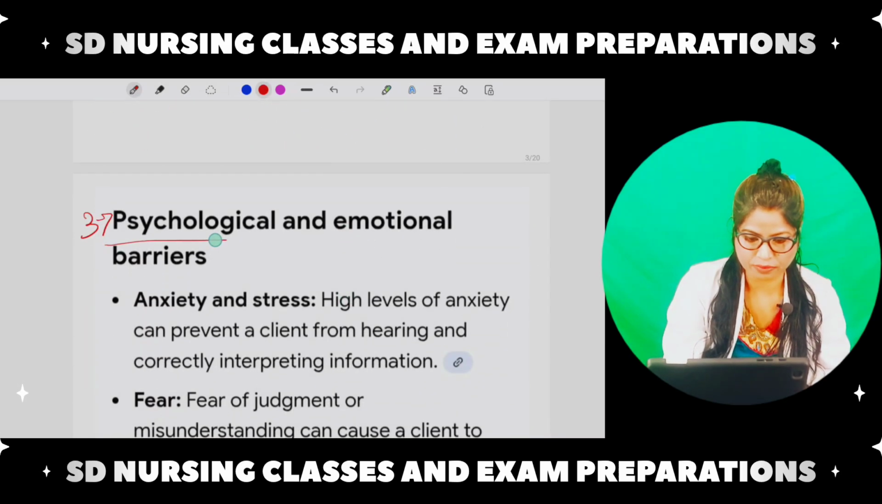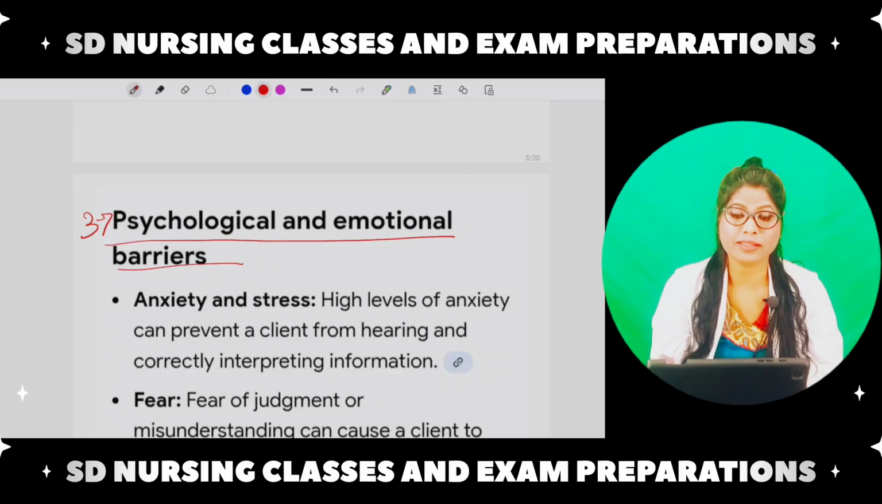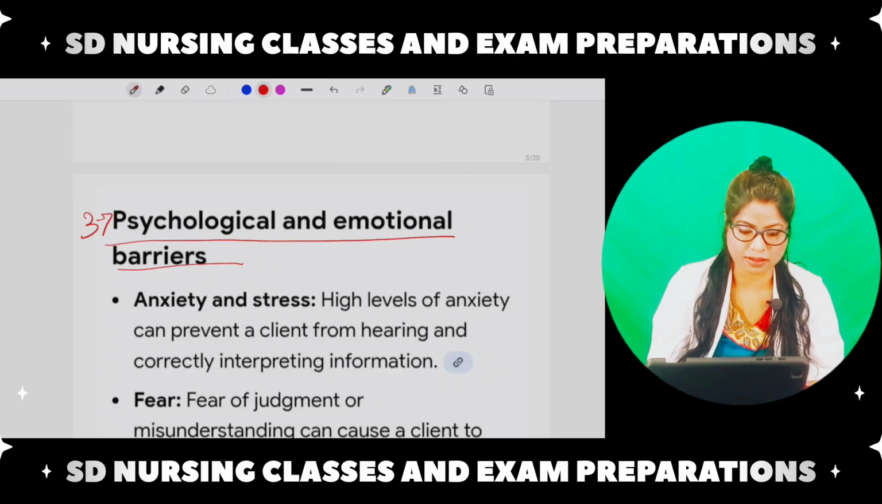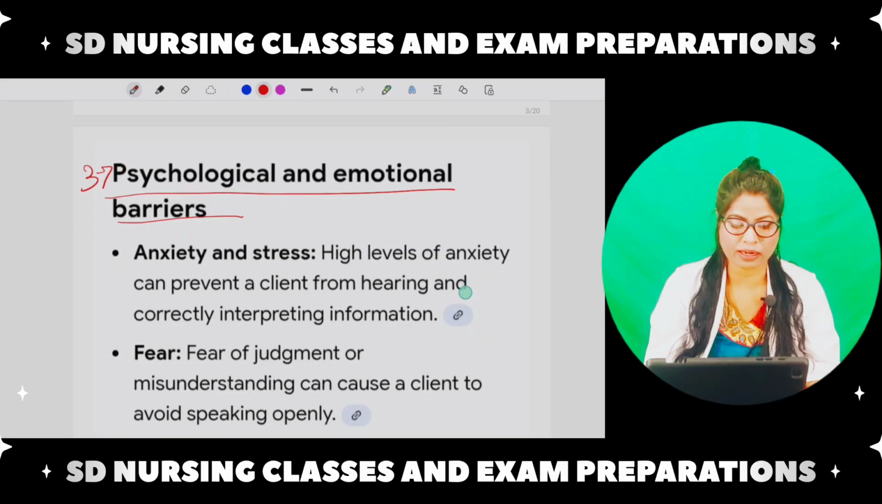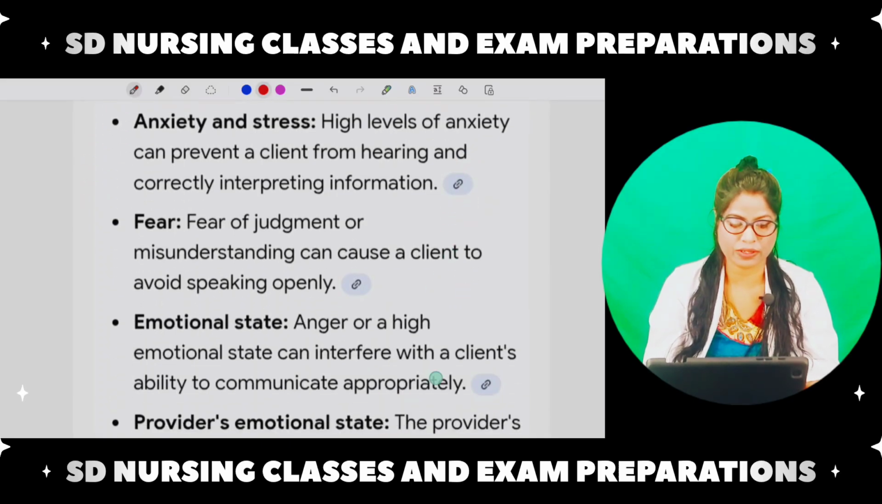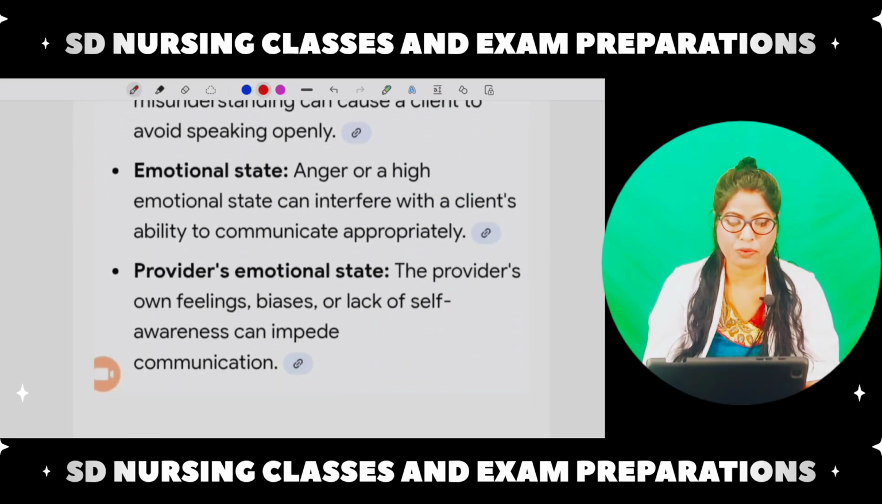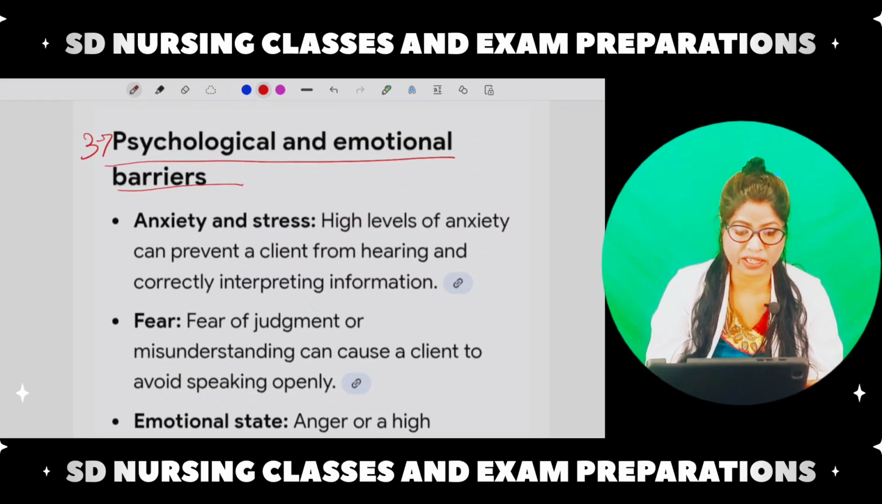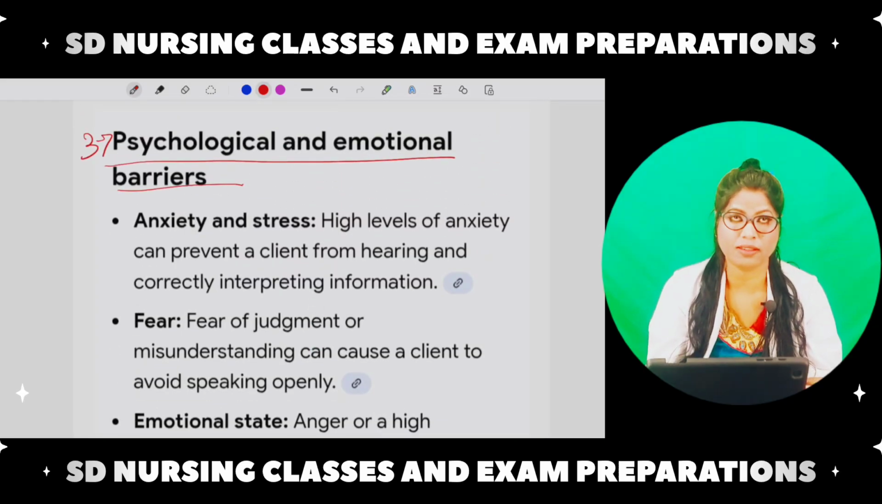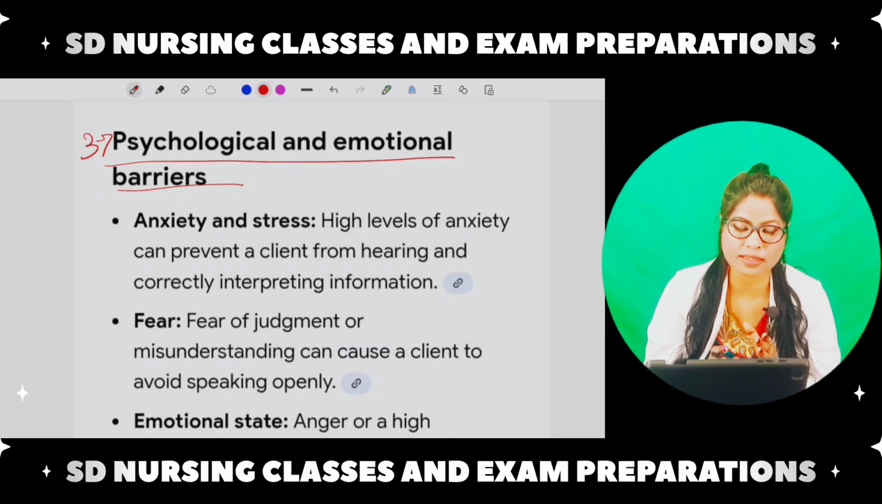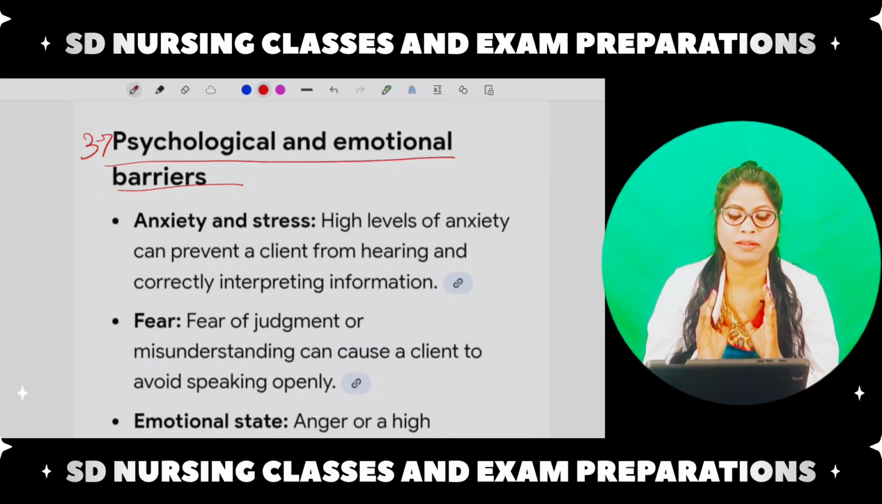And third is psychological and emotional barriers. Psychological means what? Anxiety and stress, fear, emotional state, and provider's emotional state. This is very, very important, because the whole nursing, especially psychiatric nursing, is based upon the psychological and emotional